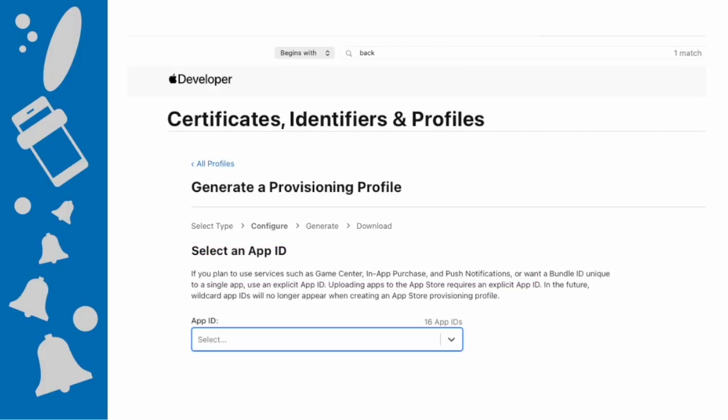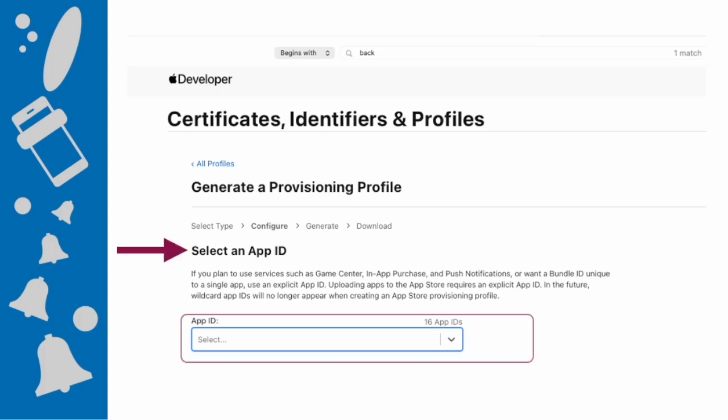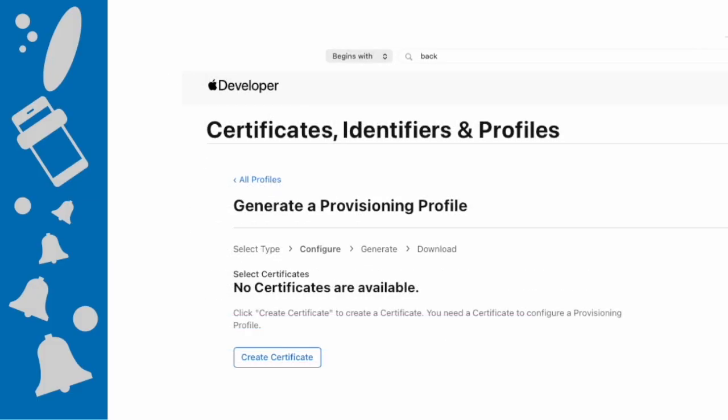Now, you're going to come up to this UI. Select an app ID, right? All you're doing is selecting whichever app you're getting ready to enable app push or Apple push notifications. That's it, whichever one you're selecting. Now, once you do this, then you have a continue button. But with a developer, or a production cert, you may see something like this. No certs are available. And you may be tempted, okay, well, I'll just go ahead and create a cert. But before you do that,